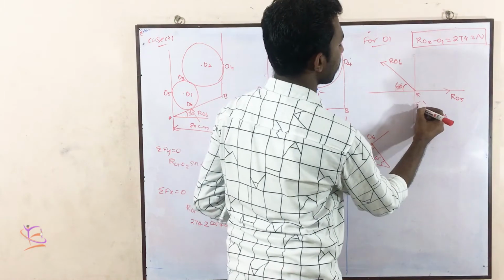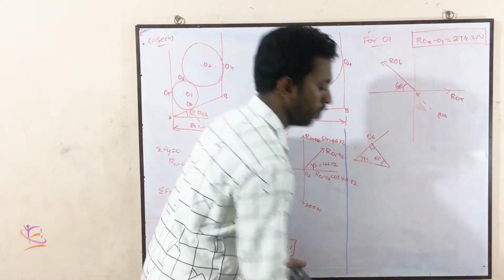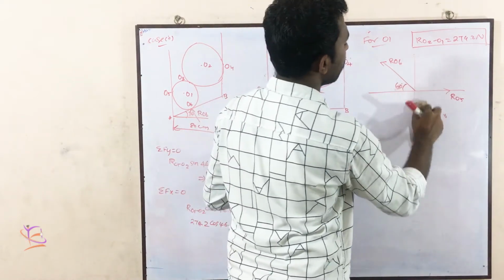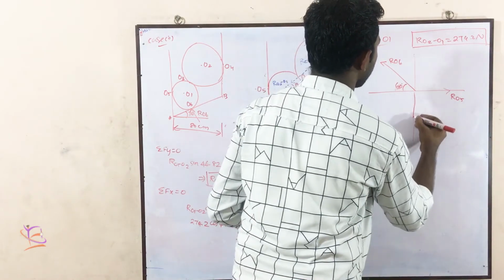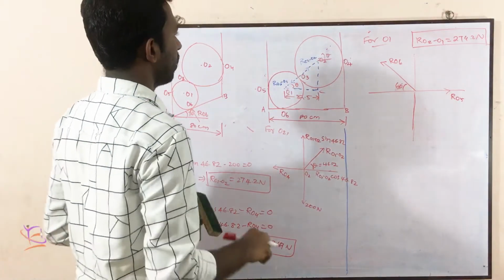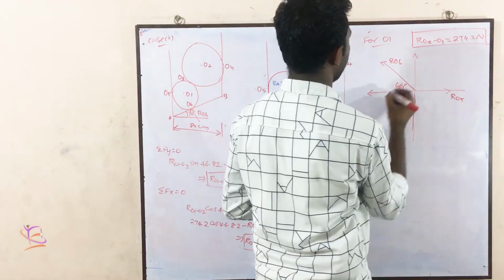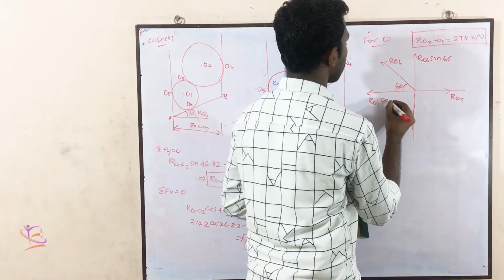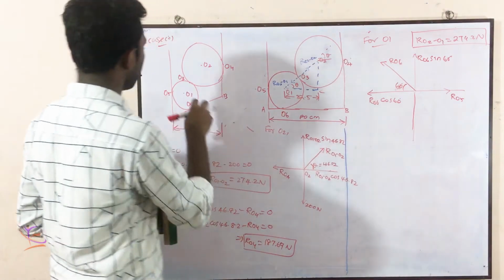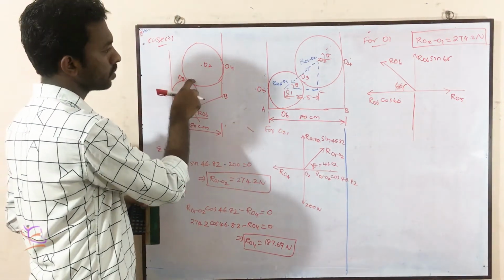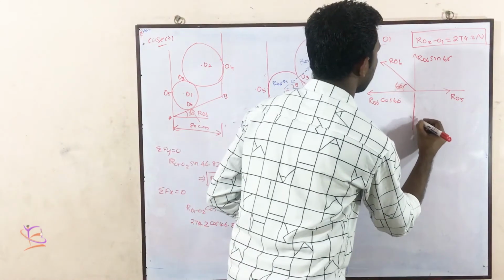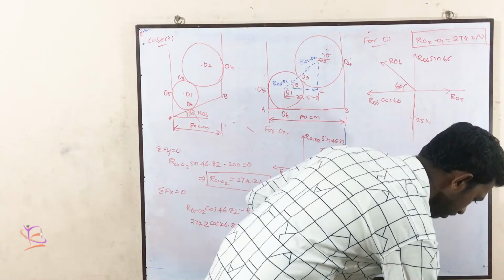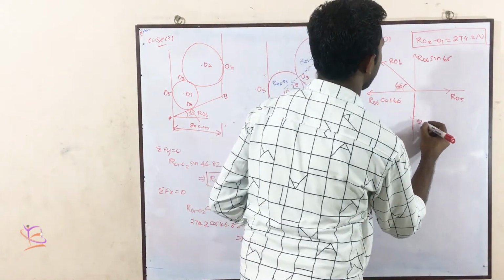Here it will be 30 degrees. Okay, so can we get this? No problem. So we calculated by this 60 degrees. Here it is the principle of transmissibility. We are moving it from the fourth quadrant to the second quadrant. So two things are over. With 60 degrees, we resolve into horizontal and vertical: RO6 sin 60 degrees and RO6 cos 60 degrees. Then what are the other things there? One contact, two contact, third contact and self weight. What is the self weight? 25 Newton. Yes or no? Sorry, 50. Very sorry. 50 Newton.